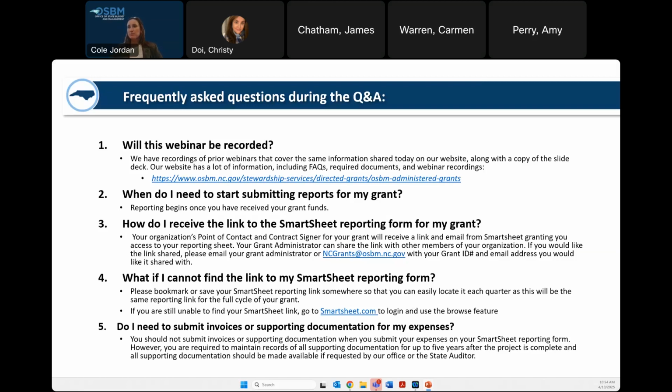So please bookmark it. But you can also just go to smartsheet.com. Once you have set up your account, you can go to smartsheet.com and log in from there. And if you forget your password, you just click on Forgot Password. We don't control that. We only provide access